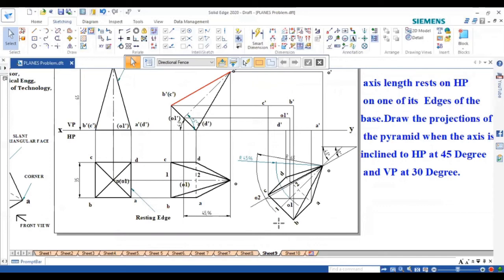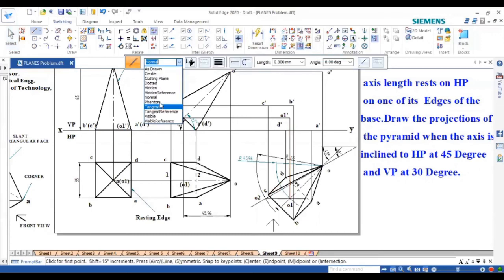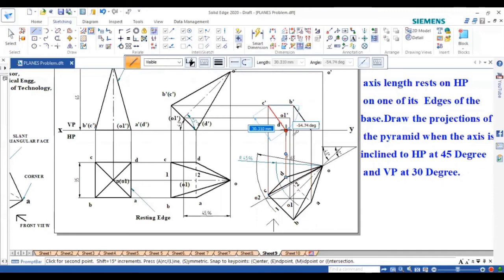So now, if you watch from down, this base A, B, C, D is clearly visible, right? So first join the base A, B, C, D in the last position. So I will join A to B, B to C, C to D, and D to A. This is done. Next, which are the visible edges? See here, OB visible, OC visible.